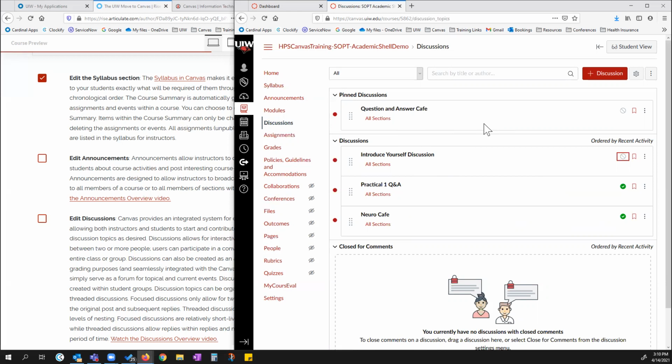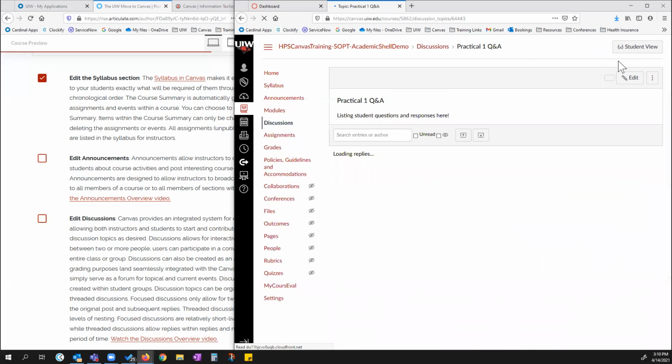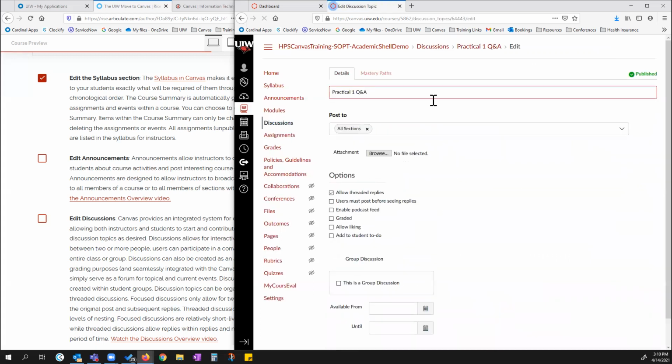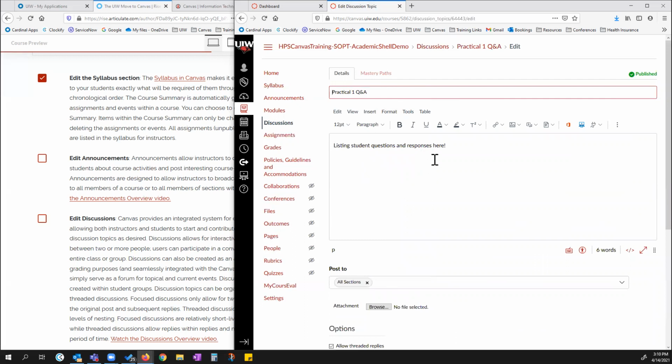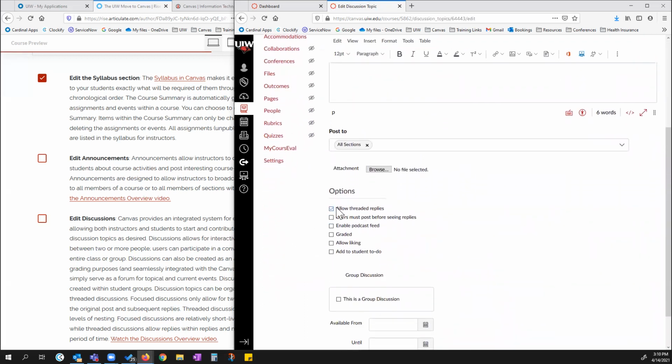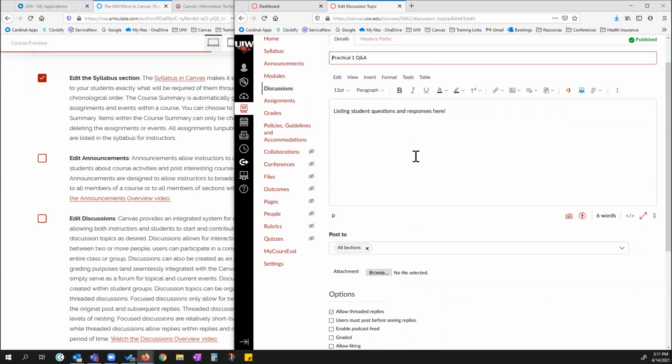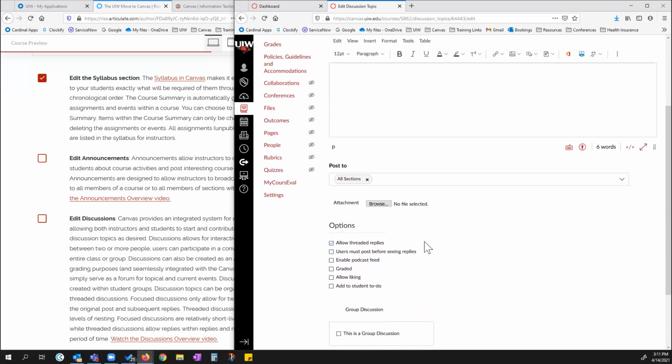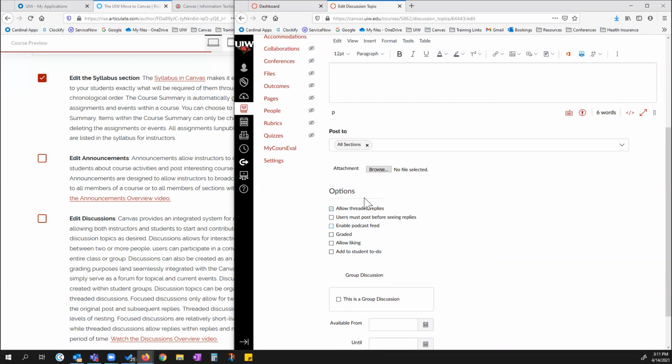The banner system is talking to Canvas 4 times a day, and it could potentially say, oh, this course lost its Q&A and it needs it back. So just leave it sitting there unused and hide it. Again, you can click the title and then edit and go in and make changes to this area. You can allow threaded replies or take them away. Threaded replies are going to be unlimited nesting, whereas if you don't have threaded replies, it's just going to be this topic and straight replies down the page. So it's totally up to you on how you want that to behave, as well as the rest of these